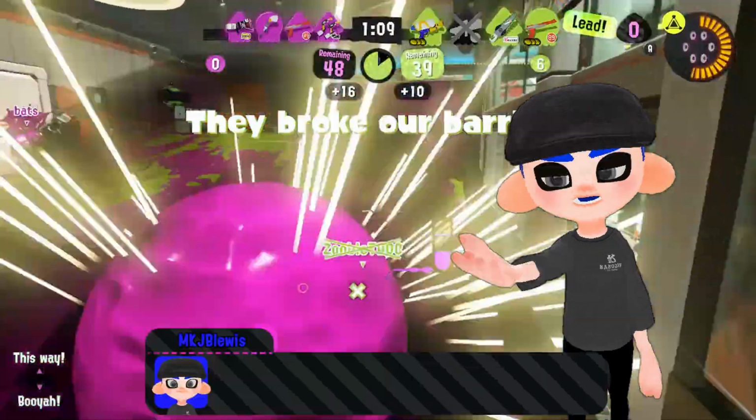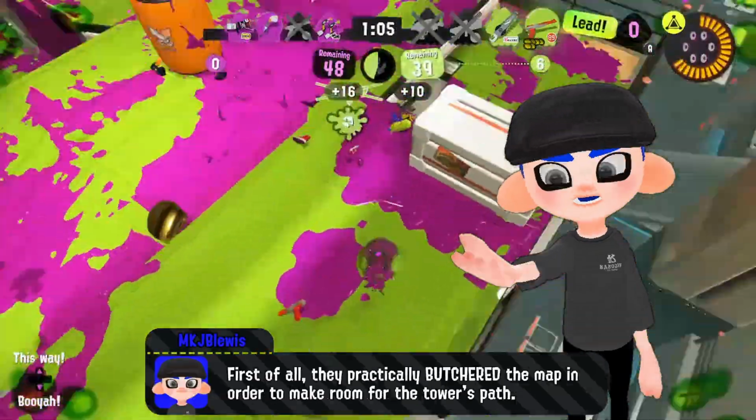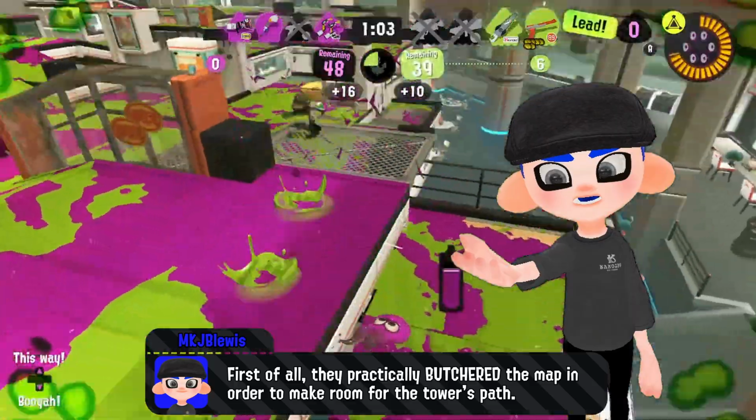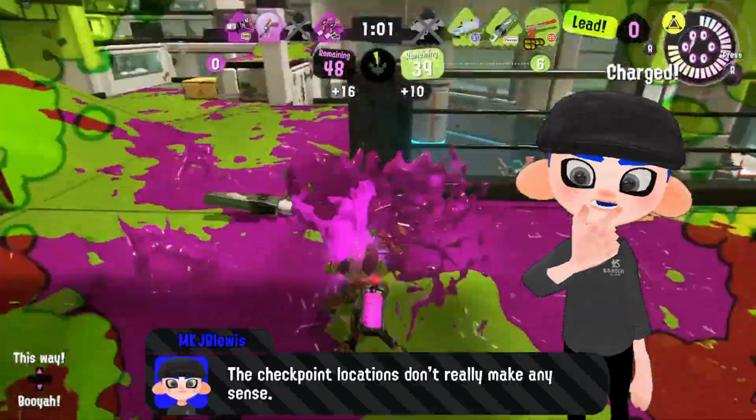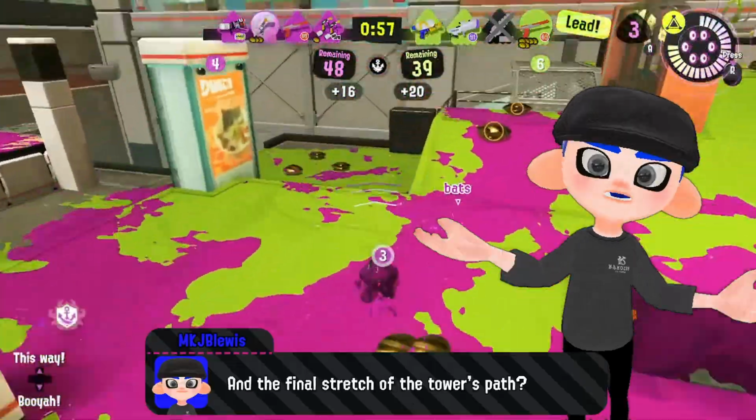Almost every mode. Yeah, when it comes to Tower on this map, I just don't like it. First of all, they practically butchered the map in order to make room for the tower's path. The checkpoint locations don't really make any sense. Two of them are at the bottom of ledges guarded by walls, and the final stretch of the tower's path,